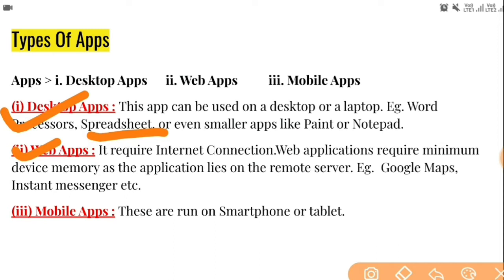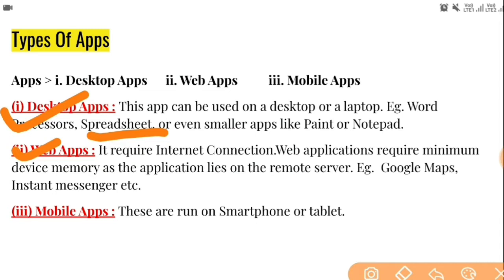Now the next one is web apps. Web apps require an internet connection. Web applications require minimum device memory, as the application lies on a remote server. What is a remote server? If you access another computer that is very far from your computer and it is connected to yours with the help of the internet, that is known as a remote server.